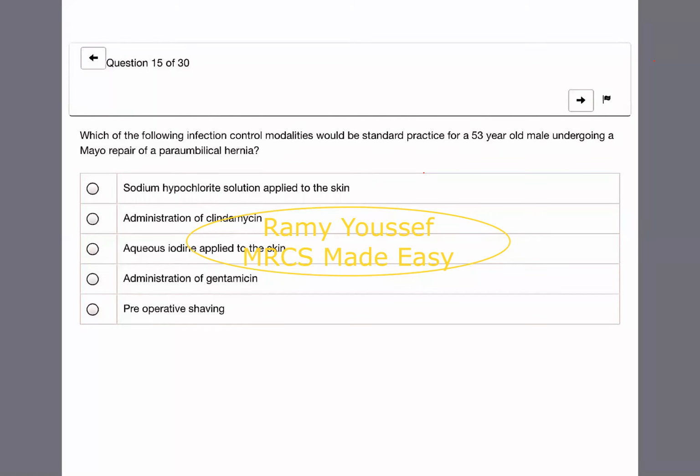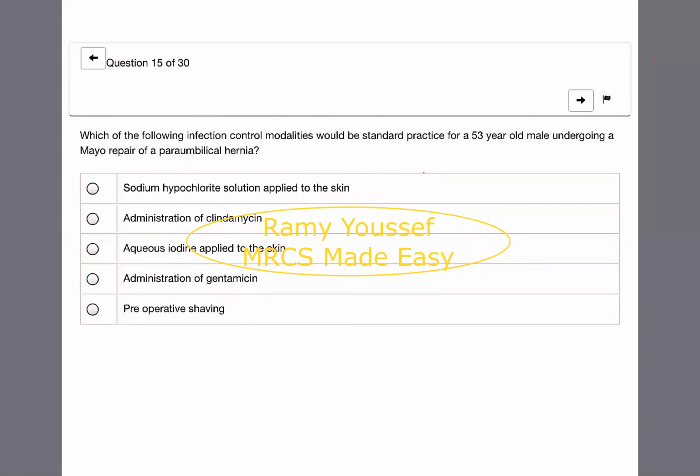Sodium hypochlorite solution applied to the skin, administration of clindamycin, aqueous iodine applied to the skin, administration of gentamicin, preoperative shaving. Standard. Well, povidone iodine, C, aqueous iodine applied to the skin, because preoperative shaving increases the risk of infection,